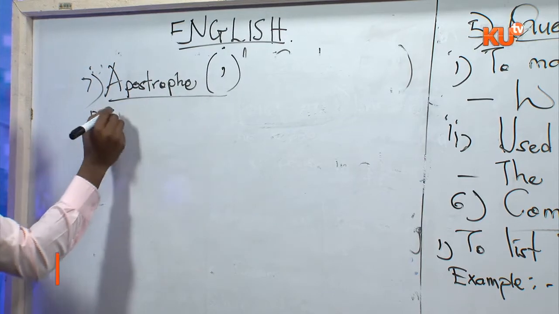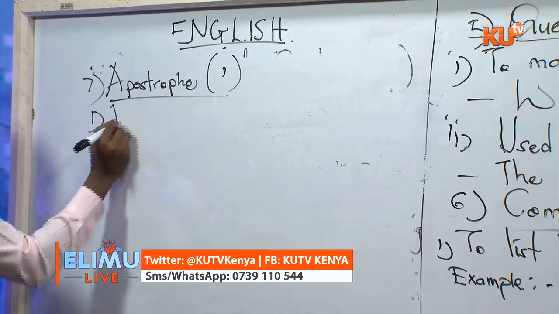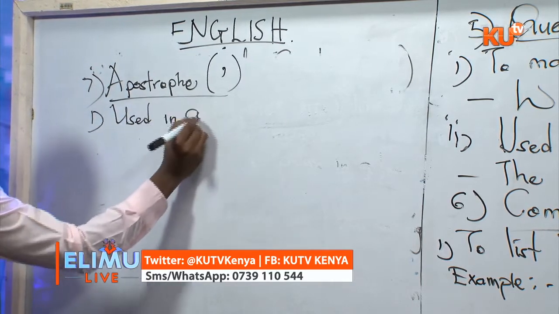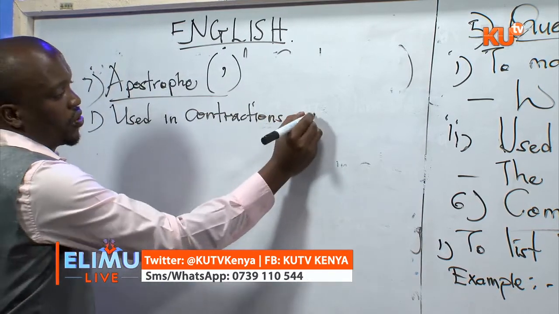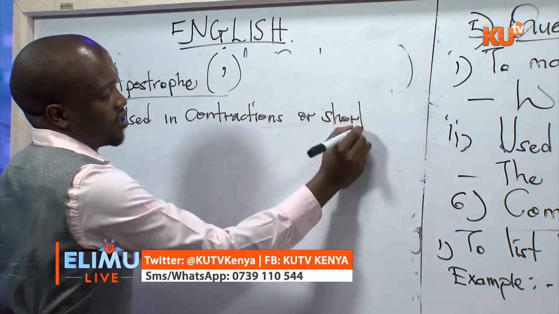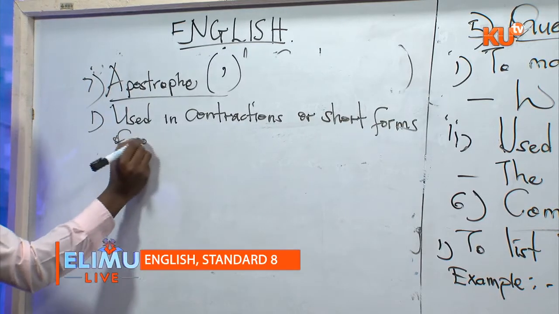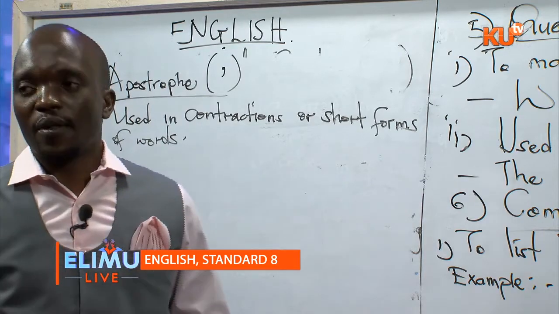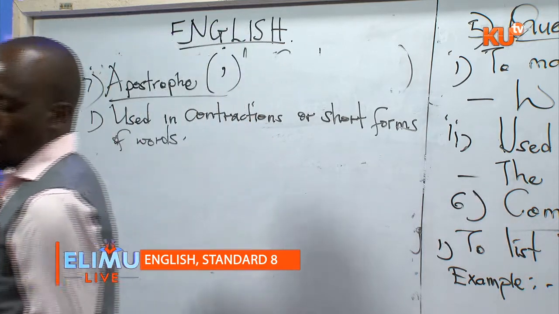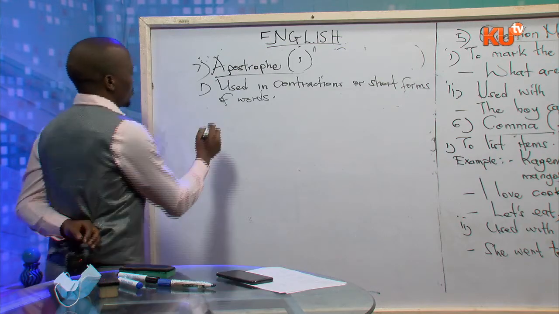And the first use of apostrophe is that they are used in contractions, or short forms of words. What do I mean here? That when we have words that are longer, we can shorten them using apostrophe. An example would be